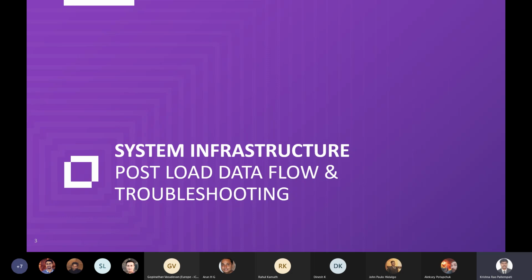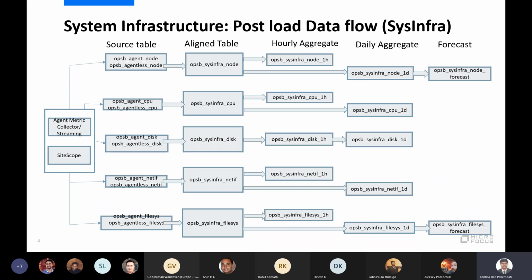How it flows, as explained by the COSO team, there are two mechanisms. One is the streaming part, and one is the collection, using an internal component, the Pulsar client component, used by the agent metric collector.